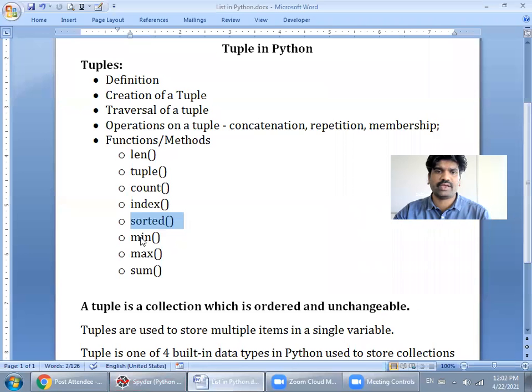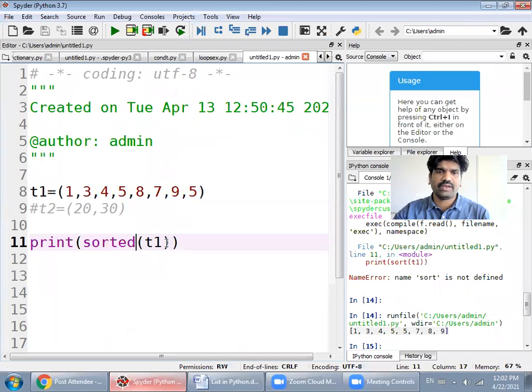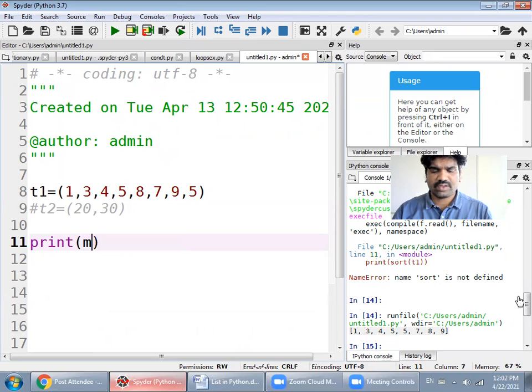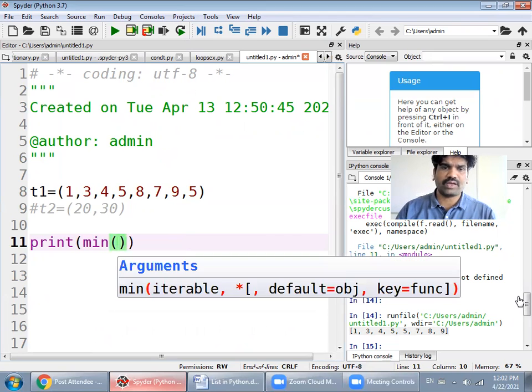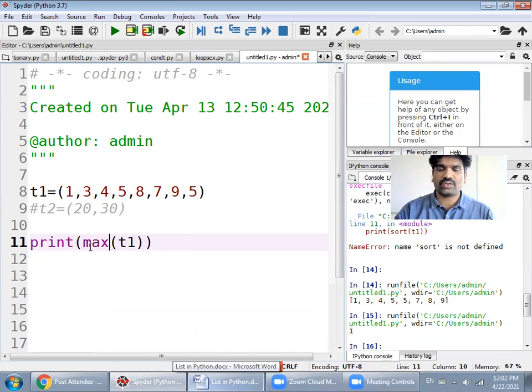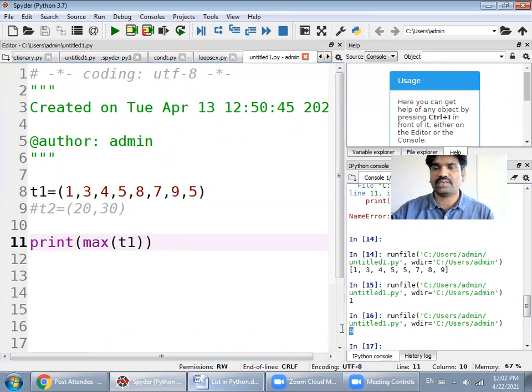Now next we have the min and max functions. Min will return you the minimum element from the tuple and max will return you the maximum item from the tuple. Min of T1 will return you the minimum element, meaning the smallest element. And the max function will return you the maximum element from the tuple.